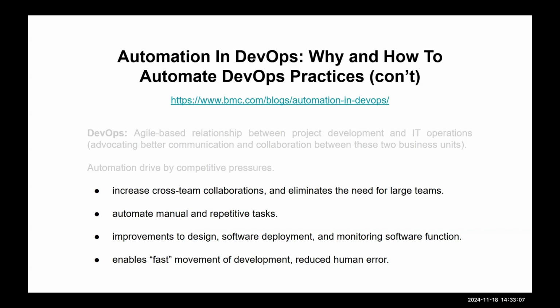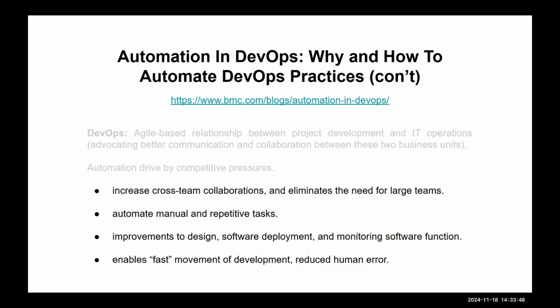Number three is improvements to design, software development, and monitoring software functions. This is, again, these kind of baseline things. This is, of course, very specific to software development and working with developing software, because you can't necessarily do this with, say, other tasks like design or managing people necessarily. You can make improvements to, like if you're doing software deployments or you're trying to test software, or improve designs on software. Those are already well defined and those are actually low hanging fruit with respect to productivity. So we'll give them that.